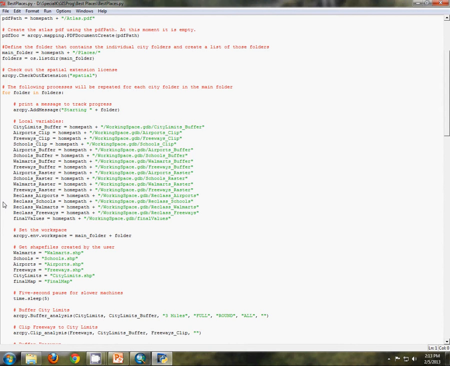The first loop here is a geoprocessing loop, which takes care of all of the data manipulation and creates the actual output data. And the second loop, which we'll show you in a minute, will take that data and create a PDF from it and then put it in the atlas. So first,